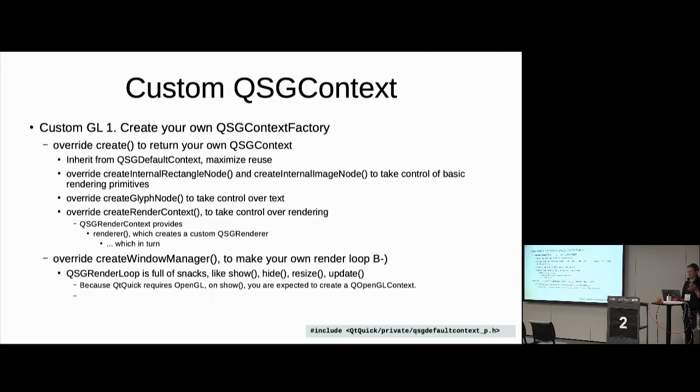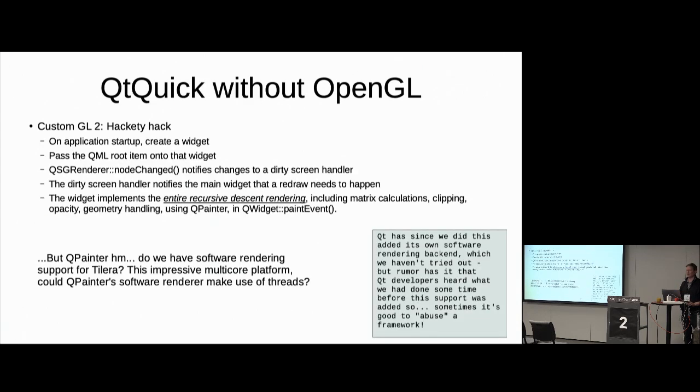So the window manager is a QSGRenderLoop. That's how it goes. This allows you to take over key APIs like showing and hiding and resizing and updating, which are, whenever a window is shown, eventually show is going to get called, and so on. And then because QtQuick requires OpenGL, there's certain requirements on a class called QOpenGLContext which you're expected to create. It doesn't have to work, but we created it inside of the show, and that sort of got us quite far along the way. But we had a feeling that we wouldn't get very far with this attempt.